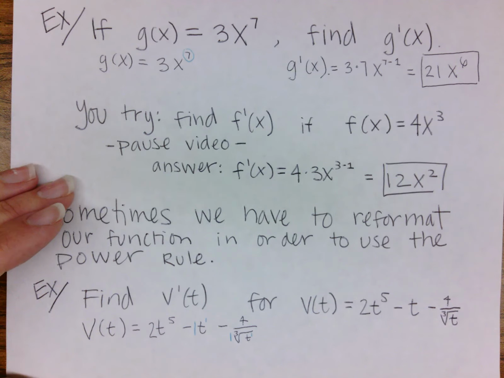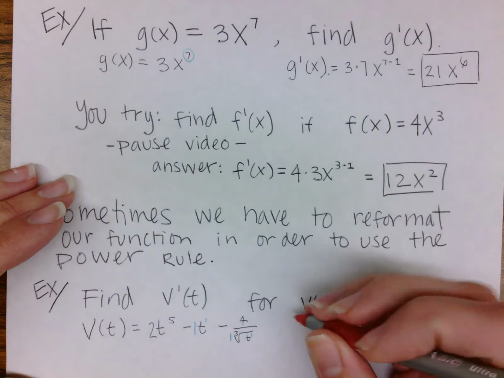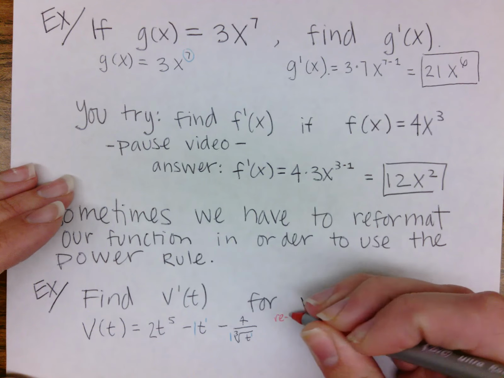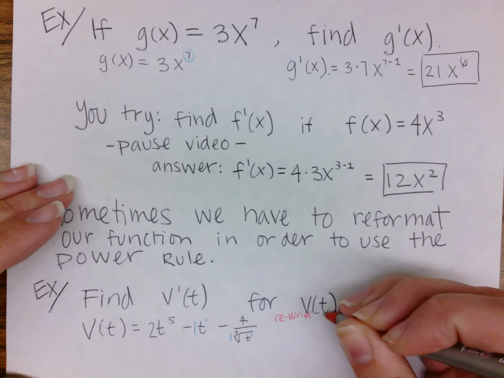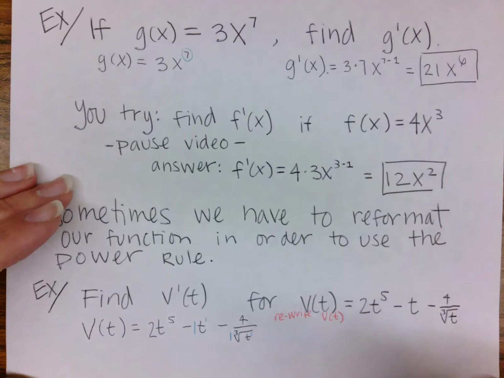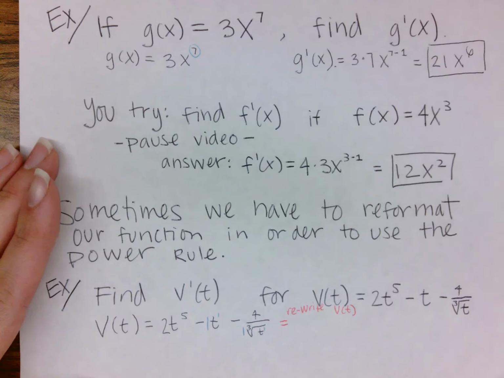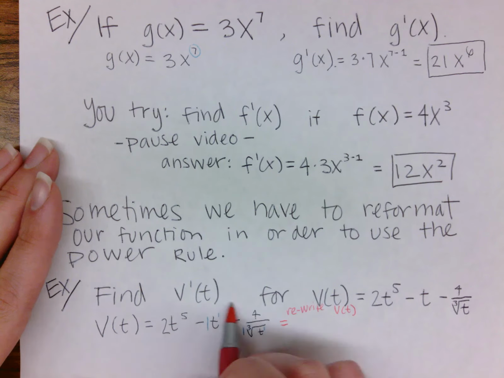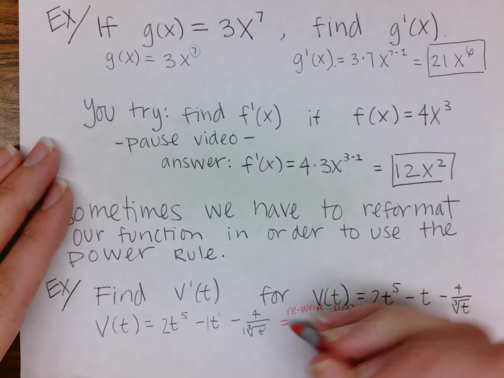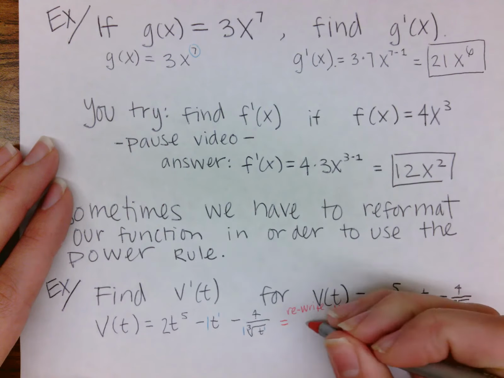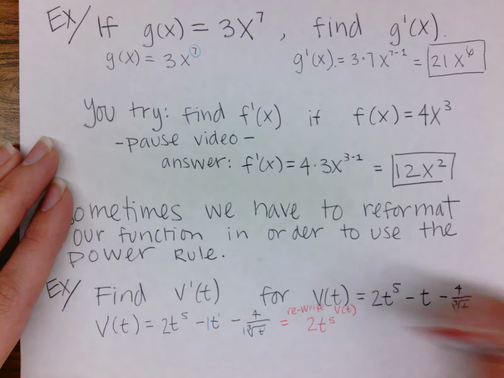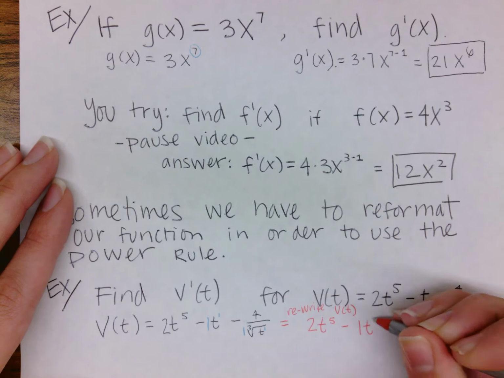Now, we're not going to take a derivative yet. We are going to rewrite v of t before we can apply the power rule. So I'm allowed to put an equals sign here. Now remember, we are not taking a derivative at this stage. We're just rewriting our terms for v of t. 2t to the 5th looks fine, minus 1t to the 1st,